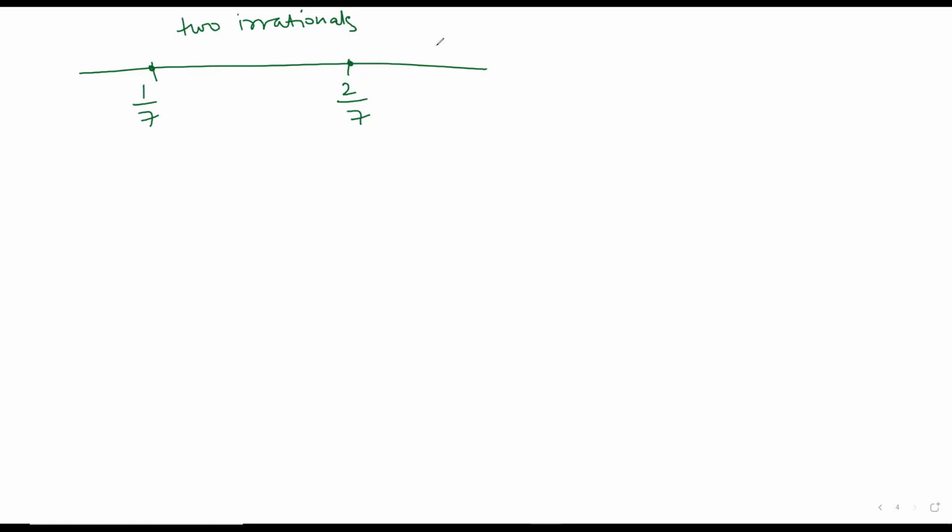Okay, Mridula, what is the first step that we need to take here? Ma'am, that we convert rational numbers into decimals. Very good. Yes. We convert both of these into decimals. All right. So please tell me what are the decimal expansions of both of these? Ma'am, 1/7 is 0.142857 bar, right? Yes, ma'am. Okay. Now who will tell me the decimal expansion of 2/7?